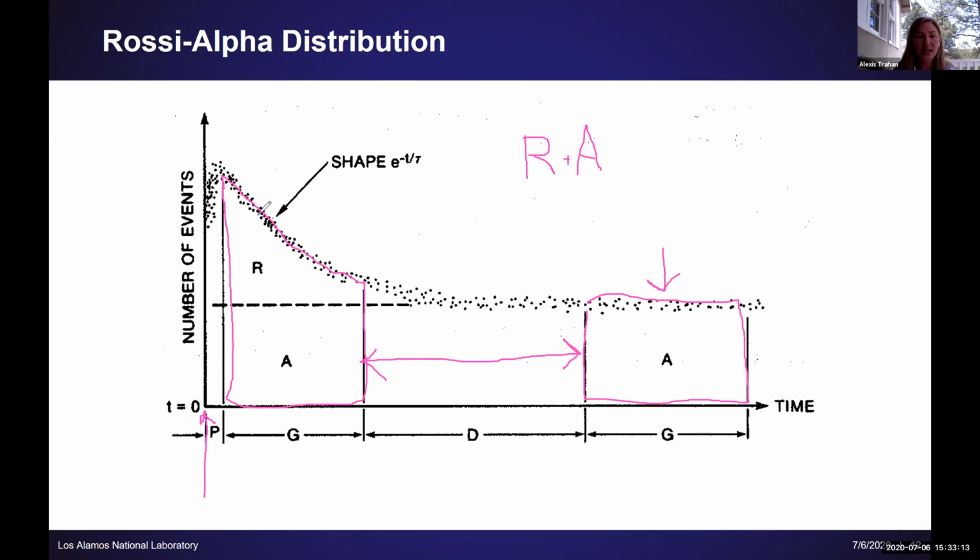That's our, we call it our time gate, the gate that we open in our shift register to detect neutrons that are correlated. And then we subtract off this A gate, which is so far out in time that the neutrons can't possibly be correlated to the trigger neutron. And that gives us R, our true coincident neutrons that came from the same fission event or same fission chain. So that's neutron coincidence counting in a nutshell.